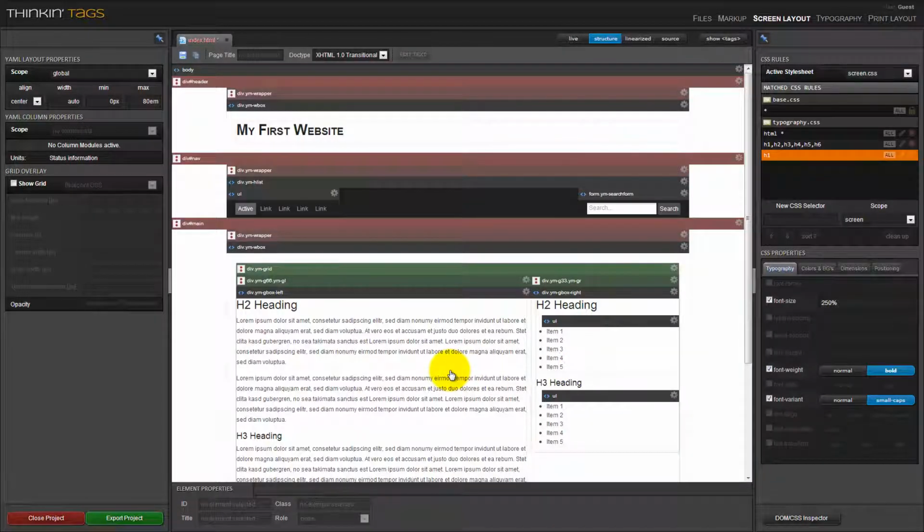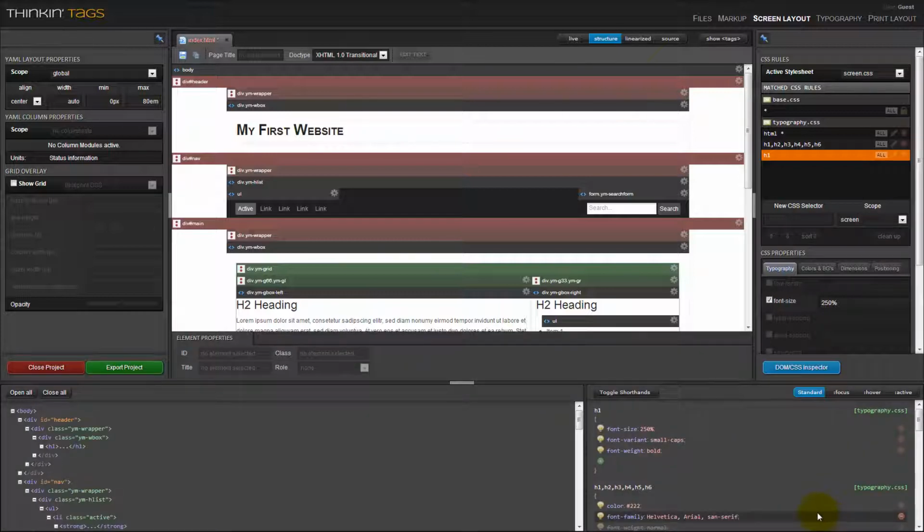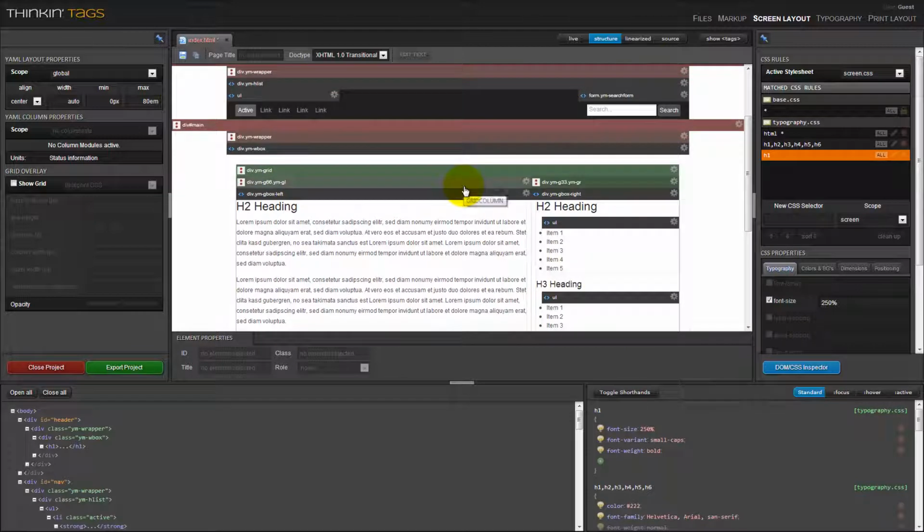And that's all. So these are the basic CSS editing features of Thinking Text, and they were built in to allow quick access and quick changes when prototyping. And for complex CSS layout you need, of course, much more, and therefore there's a DOM and CSS Inspector. And as you can see here on the left side, you have a complete DOM tree